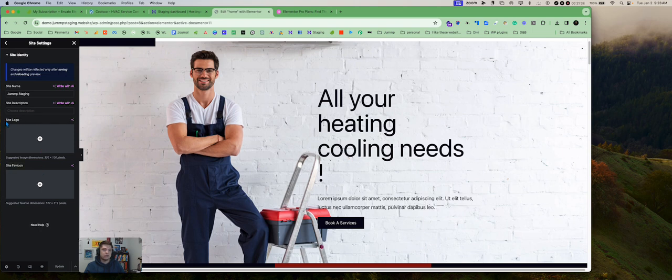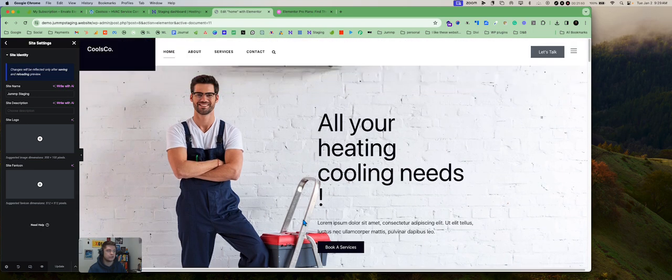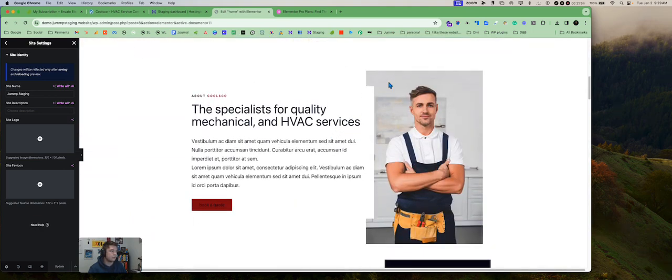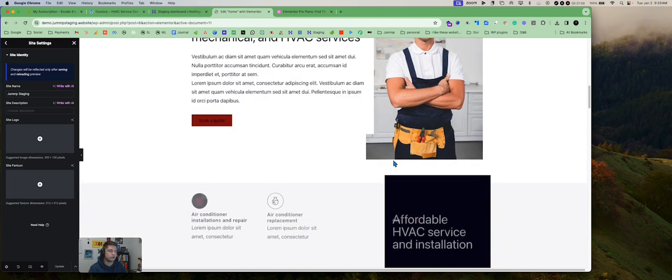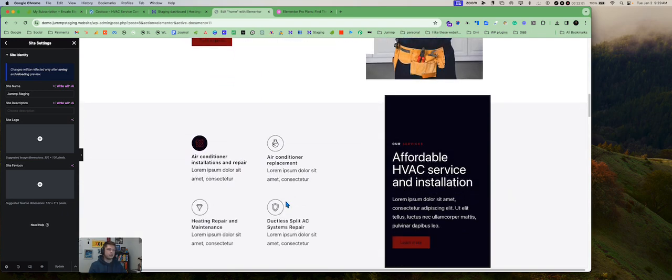And then you can just take a normal sized PNG of your logo and upload it into site logo. And there's a section that you can add into the site called site logo, like for instance in your header, or if say you wanted to have your site logo here, and then it just kind of auto populates that site logo everywhere that you put that section. So